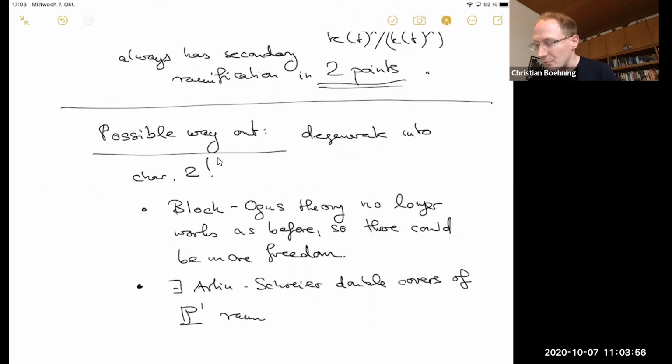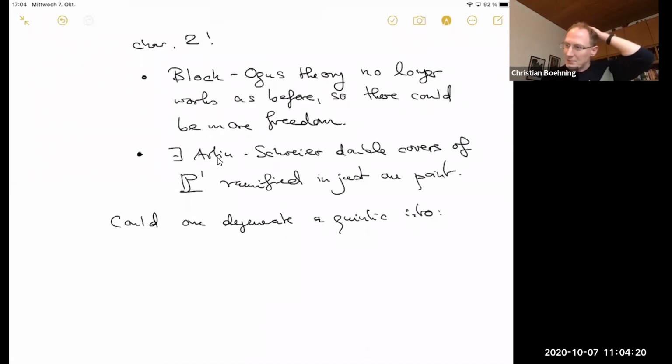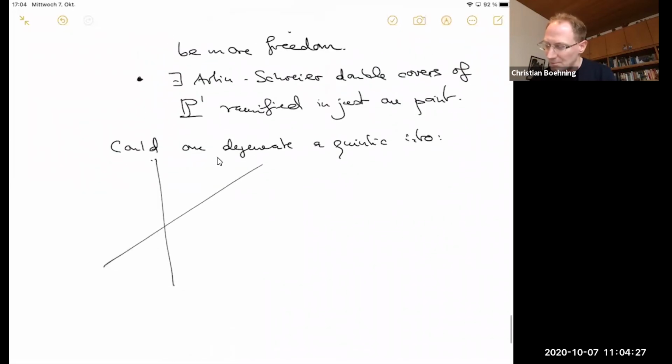ramified in just one point. So what I then initially had dreamed about was, could one possibly degenerate a quintic into the following union of two discriminant profiles, to take such an intersection of two lines in P2, and suppose